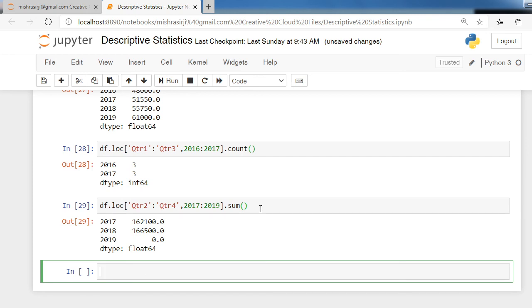Now we have found the sum of specific values from columns 2017 to 2019 and row indexes from qtr2 to qtr4.